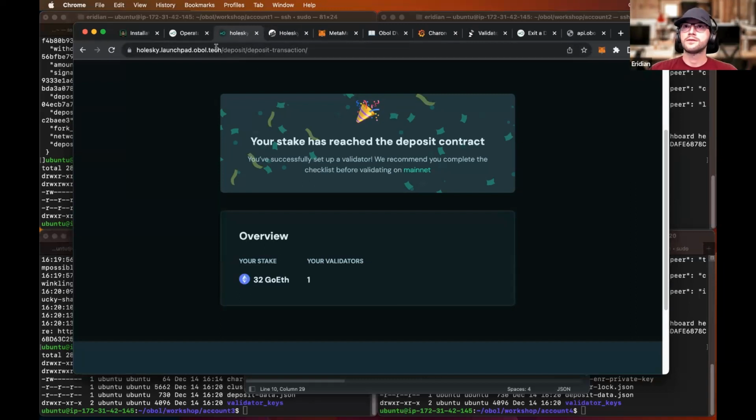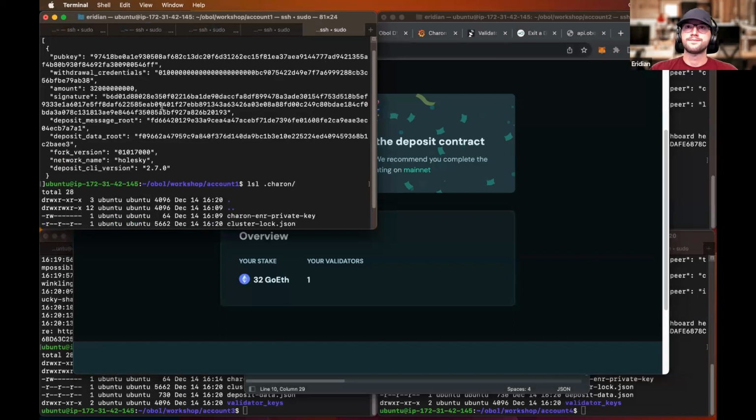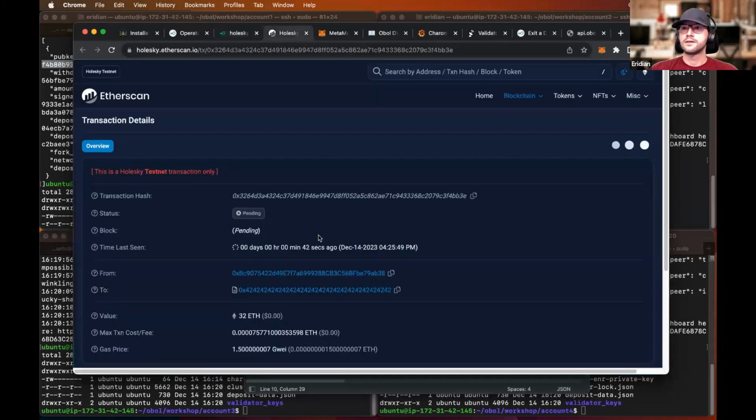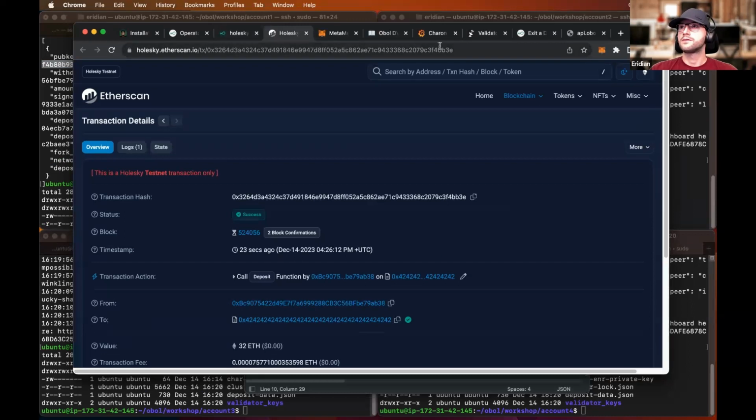Now we want to see this on the beacon chain. So if we go back to the deposit data here, we can see the public key of the validator we just uploaded. I think it's also in the data. But anyway, if you go to